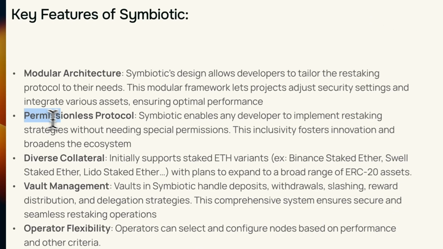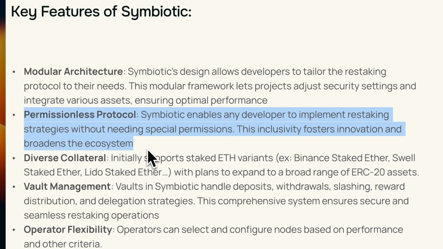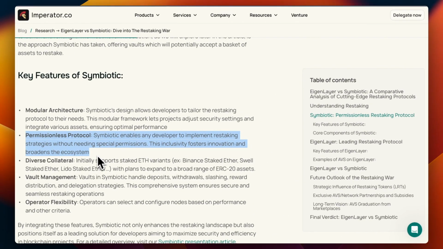And difference number 4, that is potentially an advantage of Symbiotic, depending on how you look at it, is its integration model. It is permissionless in Symbiotic, so any app can go ahead and integrate on Symbiotic, whereas on EigenLayer there is a curated approach. It allows more control, but it limits ecosystem growth. In other terms, EigenLayer and Symbiotic are actually very similar, and long story short, they're both restaking protocols.